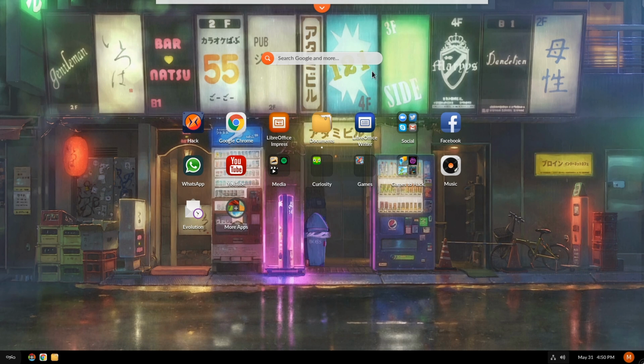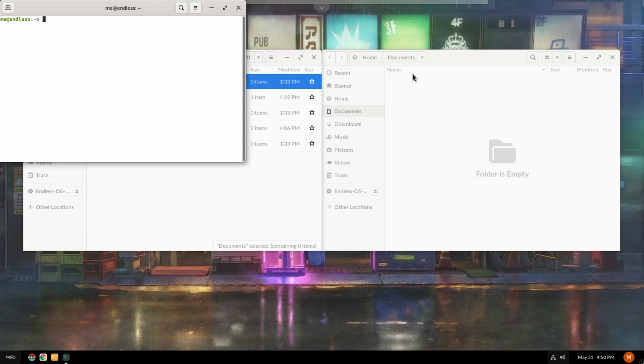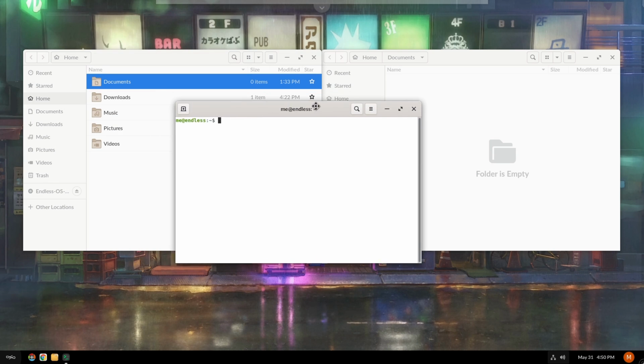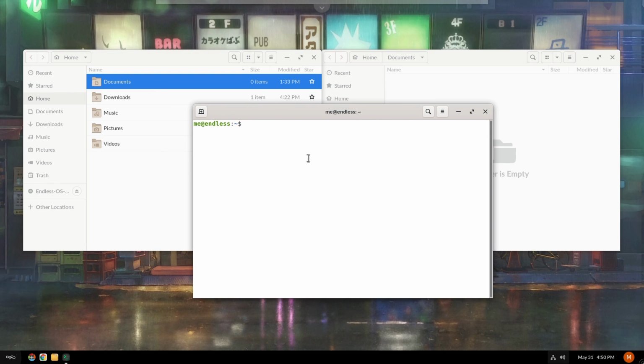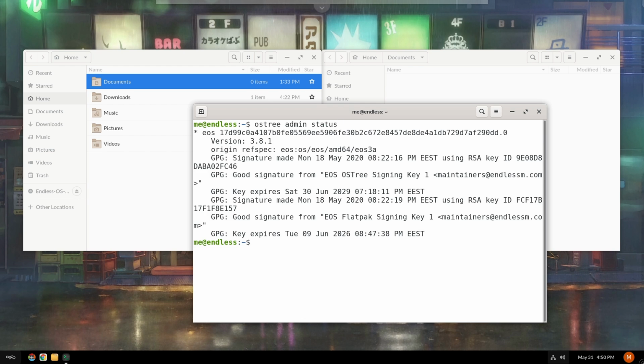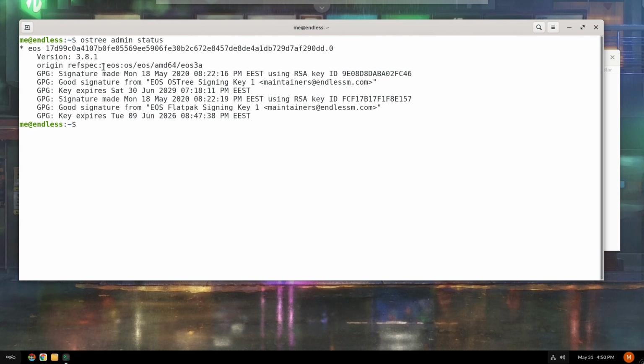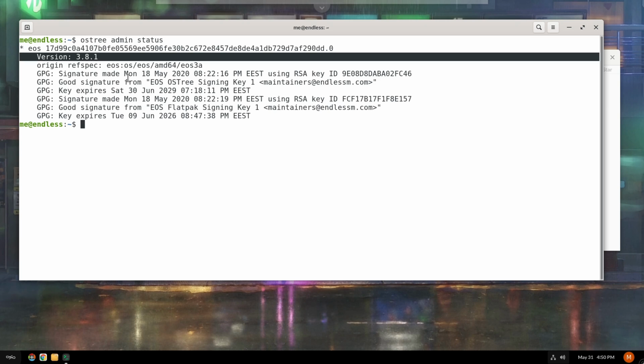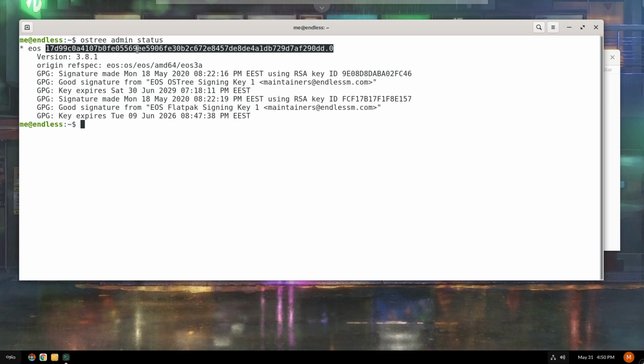So we know already we are using Endless OS 3.8.1, but let's assume we want to find the exact commit we are at. And in the meantime all the windows came back from nowhere. I just can't get used to that. Anyway, so we can open a terminal and say ostree admin status. So we are on version 3.8.1, and the current commit is